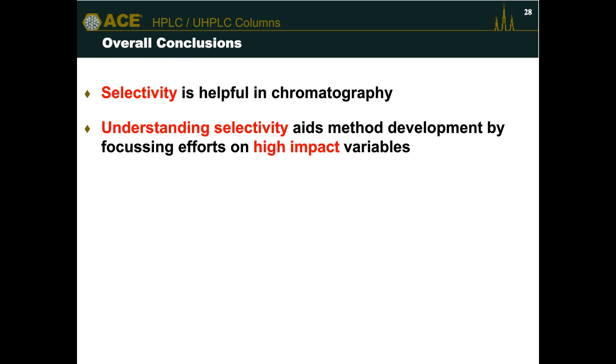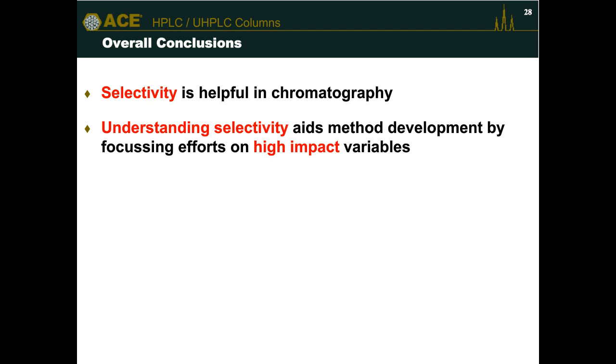Hopefully what you've heard today is selectivity is really important in chromatography. If you get the selectivity right, your method development is much easier from there. If you understand selectivity, you can focus on those high impact variables for your method development. So for instance, it's good to focus on column chemistry. It's good to focus on organic solvent type. These are powerful parameters that can help you with your method development, and they can be set up in an automated fashion as well to screen your columns with your samples to try and give you a method from your